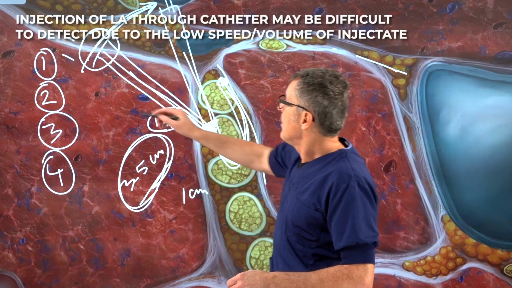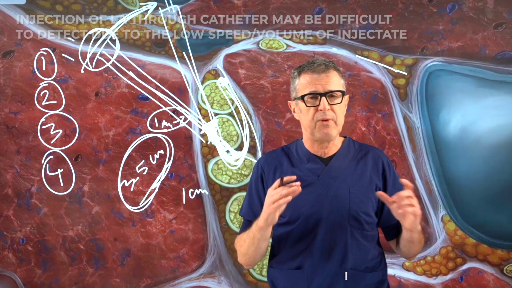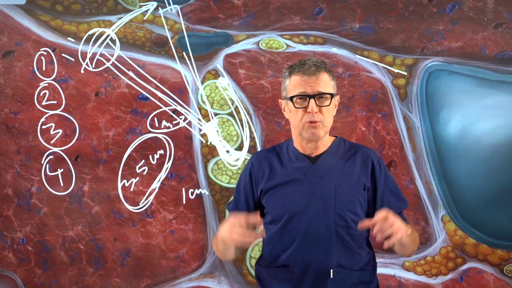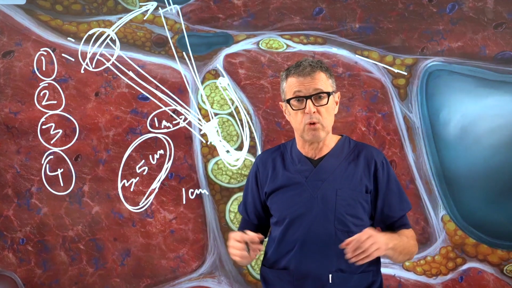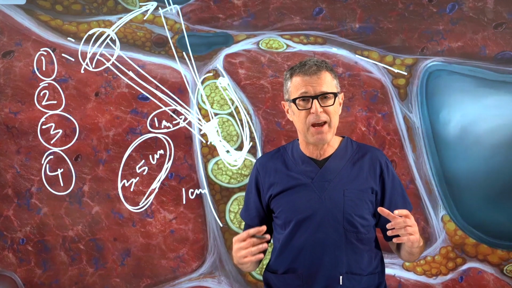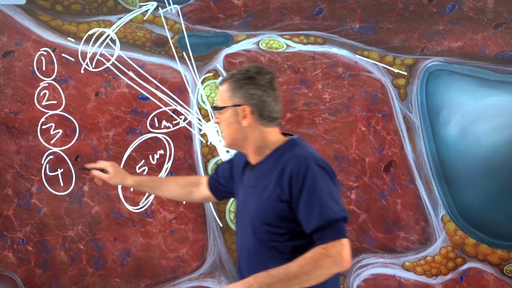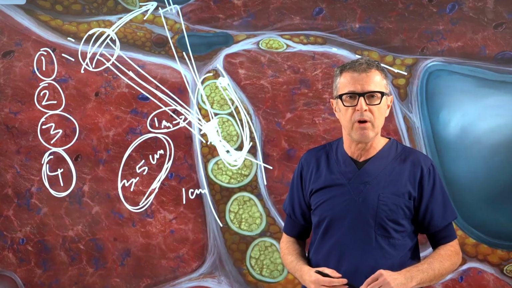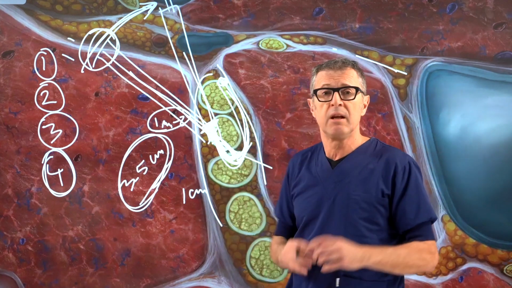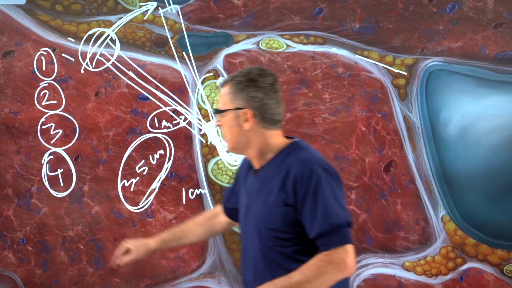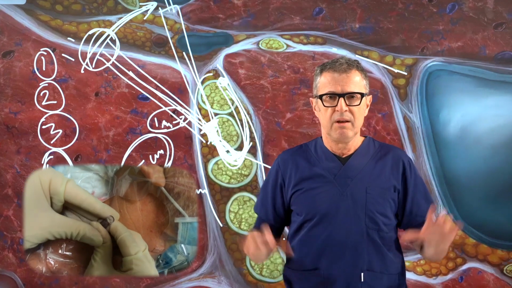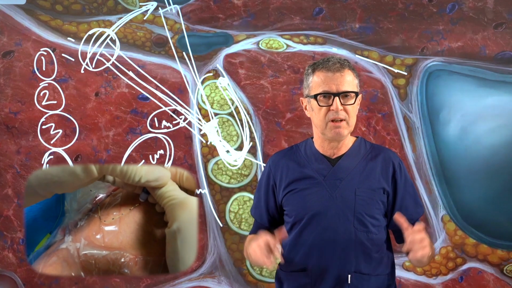For that reason, while the injection through the needle should be very slow and watching the injection pressure, the injection through the catheter should be super fast and forceful, so you can inject enough volume of the local anesthetic inside the space so you can detect it by ultrasound. So that's a very important step number 4. Injection through the catheter using high speed and force so you can detect the distribution of the local anesthetic. And finally, the step number 5 is, once we're done with this, we have to tape the catheter and leave it in a secure space.